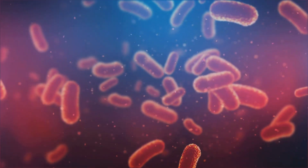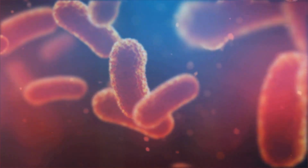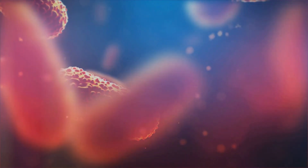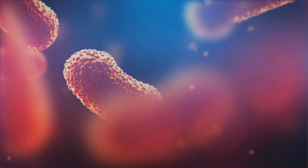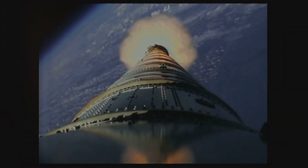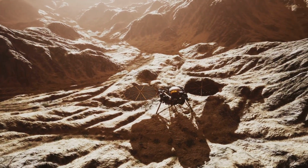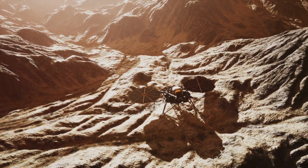While life as we know it couldn't survive in Titan's frigid methane lakes, scientists believe that a different kind of life, one that we can't even imagine, might be able to exist in this strange and wonderful environment. Future missions to Titan, such as NASA's Dragonfly mission, will explore this moon in unprecedented detail. Dragonfly, a drone-like spacecraft, will fly through Titan's atmosphere, landing in different locations to study its surface and search for